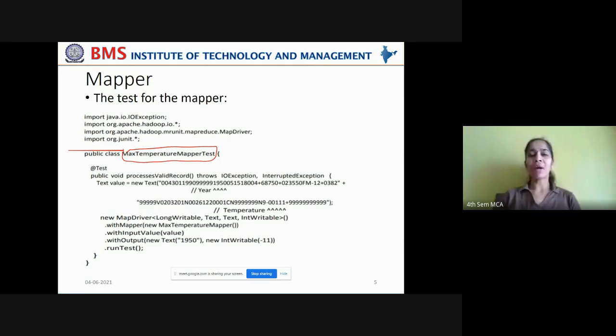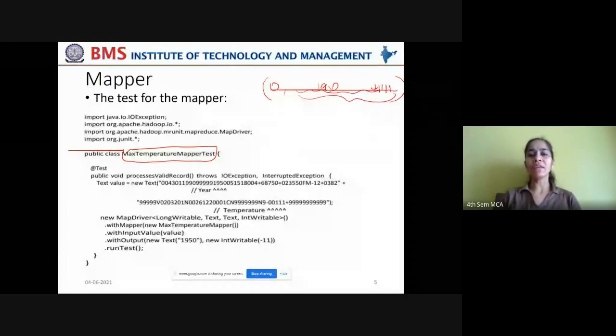We have to get the key value pairs as input. That is the offset of the file. We have seen in the previous chapter, the offset of the file and some unstructured data which contains the year and also the temperature captured in that particular year, right? The unstructured data has the details about the air temperature recorded in a particular year. And this key value pair is taken as input by the map phase, and it gives the extracted year and the air temperature as key value pairs as the output of the map phase, right?